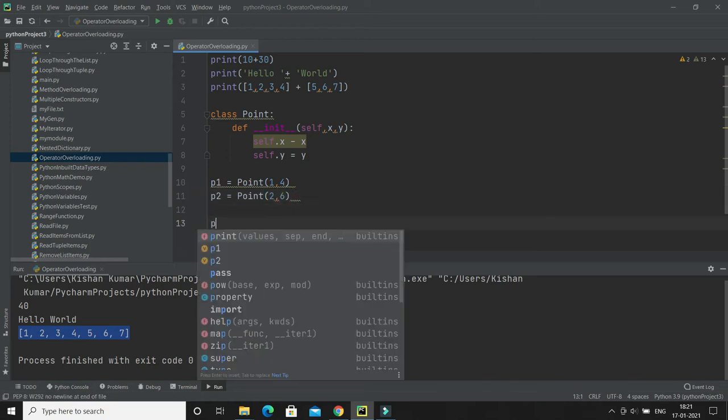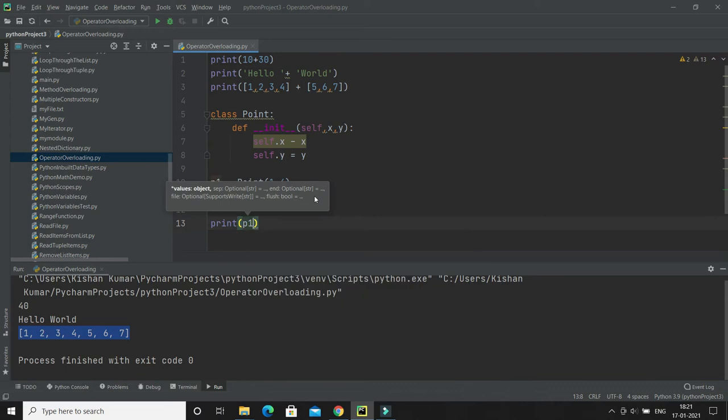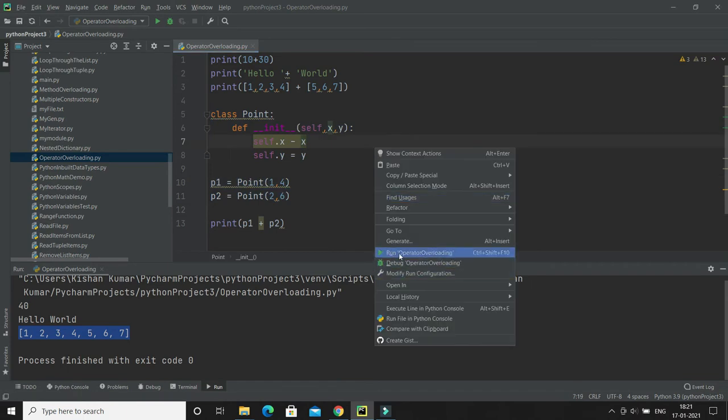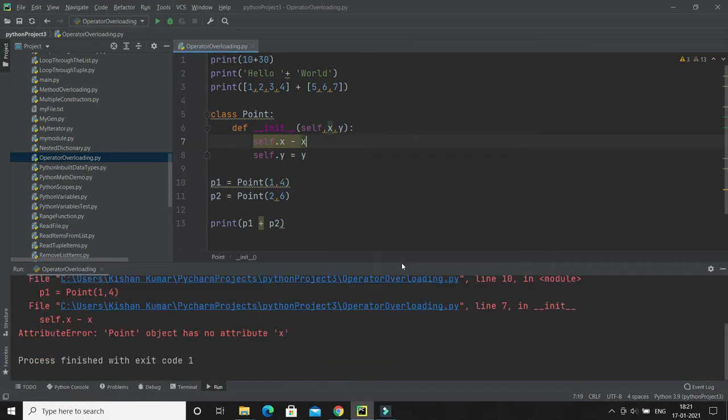And in print, what I'm doing is p1 plus p2, right? Is this going to work? Of course not, because a special meaning of the operator is not defined here, because this is our own custom class. If I try to run it, let's see what happens.